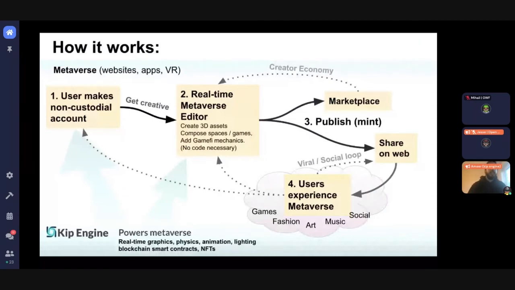And then with another click, you'll be able to publish it to the marketplace. And of course, it will be shareable. Anything that you publish, people will be able to access through social media and through chat apps. And you can imagine that if somebody became really creative, then that item that they've made could go viral. So that's also our vision. In Web 2.0, you had YouTube and other platforms where people were able to get really creative without really knowing too much about how to build stuff.